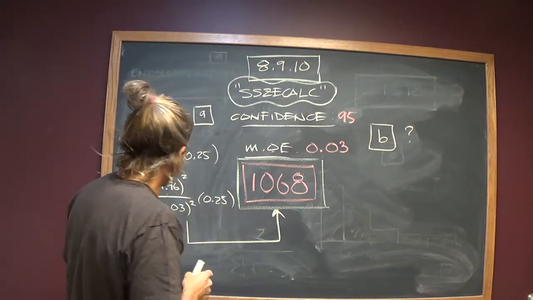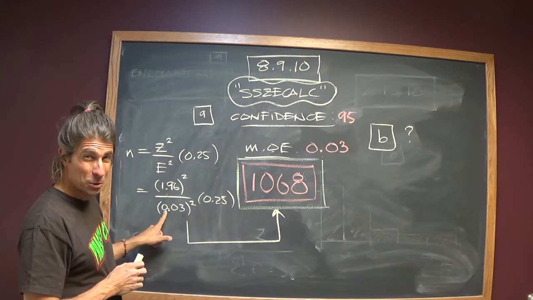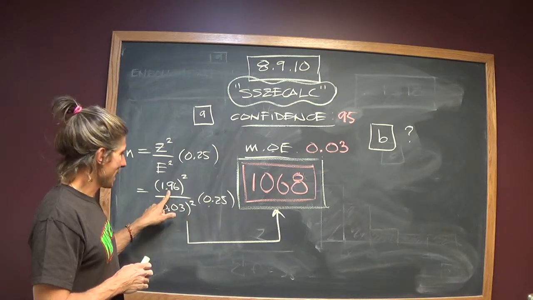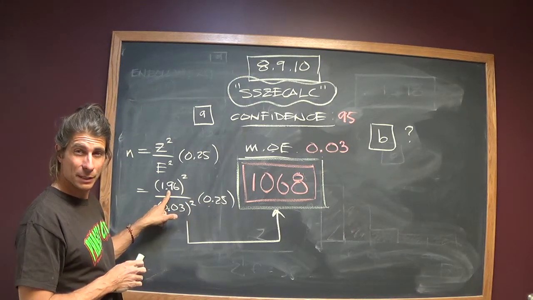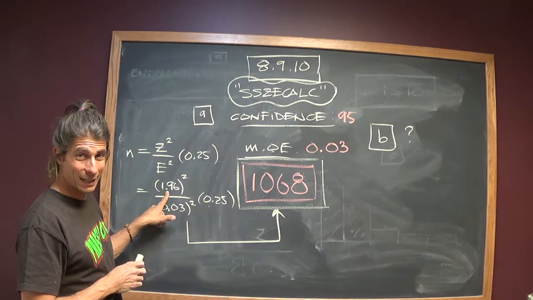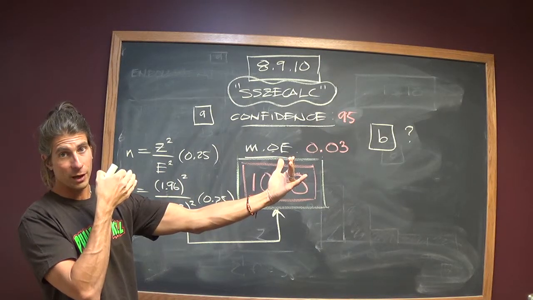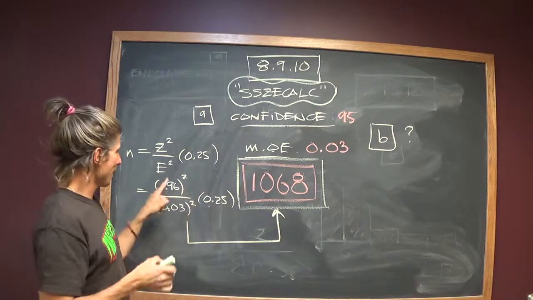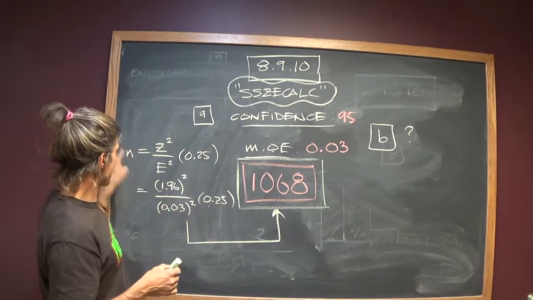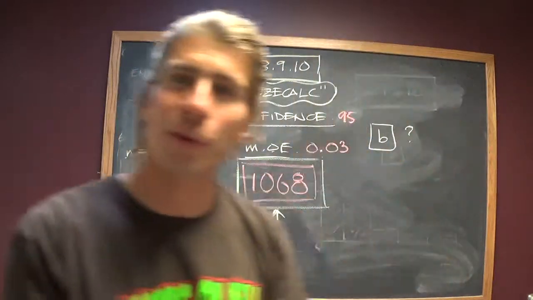But if you look mathematically, assuming that we still want a 3% margin of error, this is going to stay the same. But that is going to increase with confidence, right? Because that's the critical value on the bell curve. The more confident you are, the more standard errors you're going to allow in the sampling distribution, which means the further out you have to go. So knowing that, that has to get larger. And since that's in the numerator of this fraction, that's going to make this value here go up. So there's two ways of looking at part B for exercise 10.